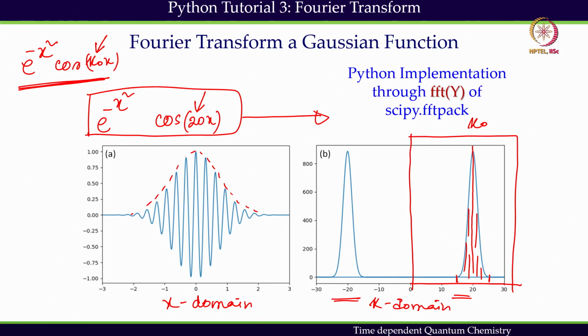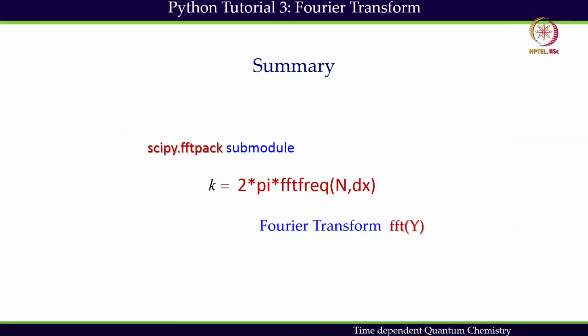So, one thing is quite clear from this demonstration, that the Fourier transform of a Gaussian is another Gaussian, and it is centered at k naught, which is the average spatial frequency component for the wave packet. So, with this we have come to the end of this